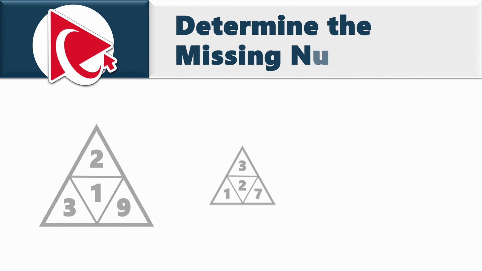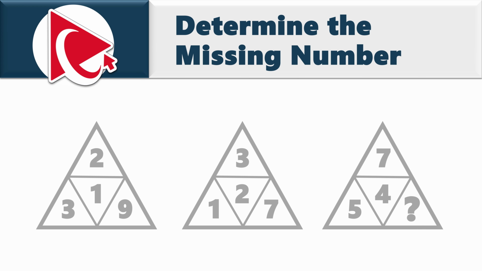You're presented with 3 triangles. Triangles have numbers inside. The first triangle has number 1 in the middle and numbers 2, 9, and 3 on the sides. The second triangle has number 2 in the middle and numbers 3, 7, and 1 on the sides. And then the third triangle has number 4 in the middle, numbers 7 and 5 on the sides, and in the bottom right corner, it has the missing number, which you need to calculate and select out of 4 possible